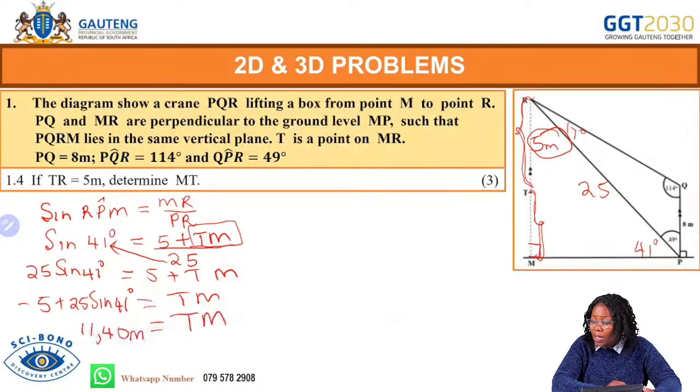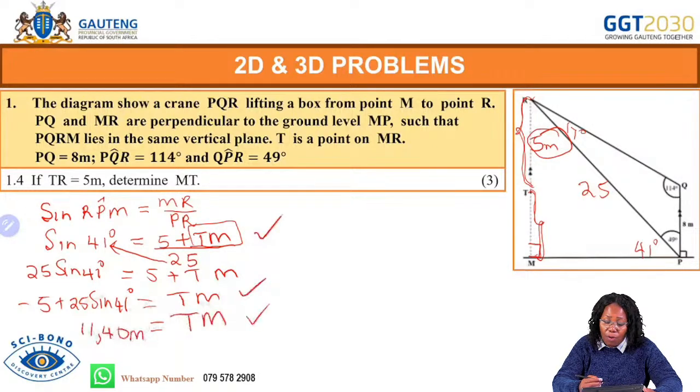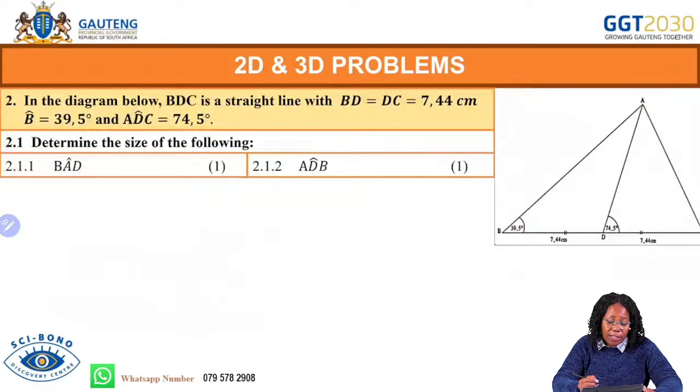And then this is worth 3 marks. 1 mark will be for substitution there. The second mark for simplifying and having that minus 5 plus 25 sine 41. And the last one will be for the TM value, 11,40 there. And then our next activity on 2D grade 12, that will be the last one with the following